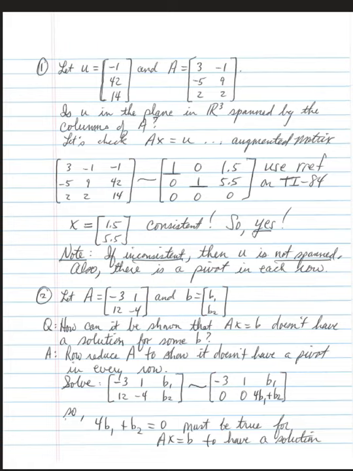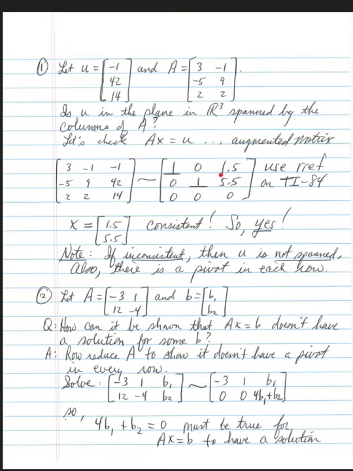So what we're going to do is set up matrix A times X and set that equal to u in an augmented matrix form. Okay, so let's take matrix A. It has columns 3, negative 5, 2, negative 1, 9, 2, and then vector u. If we row reduce, and you can do that on your TI-84, you're going to get pivots,